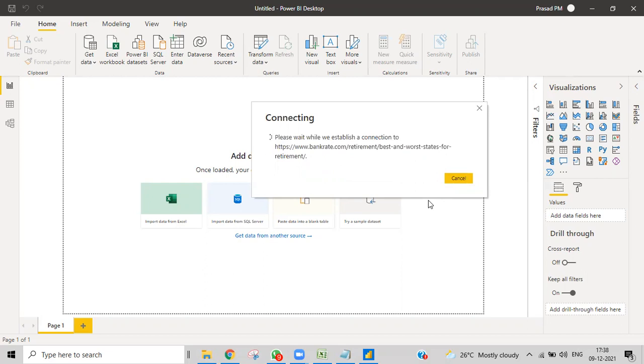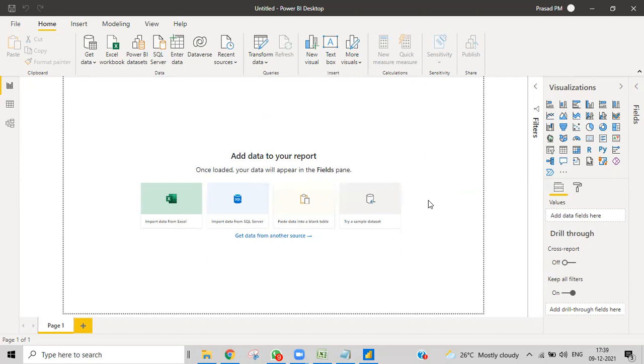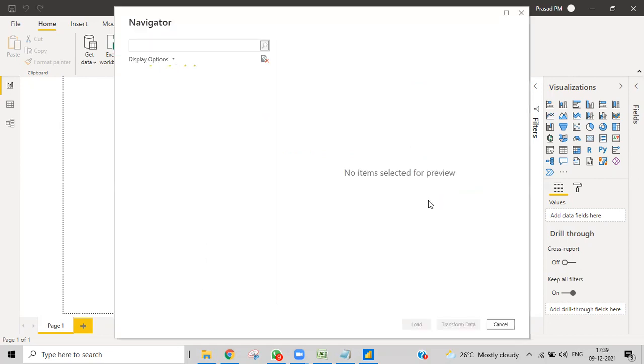It will go to that URL and check the tables, if they have any. If the URL has any tables, then it will show them there, and then we can get the data. So let it check, and I hope the URL has some tables.